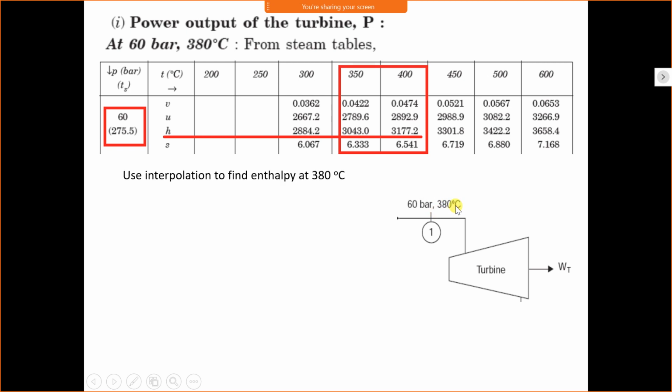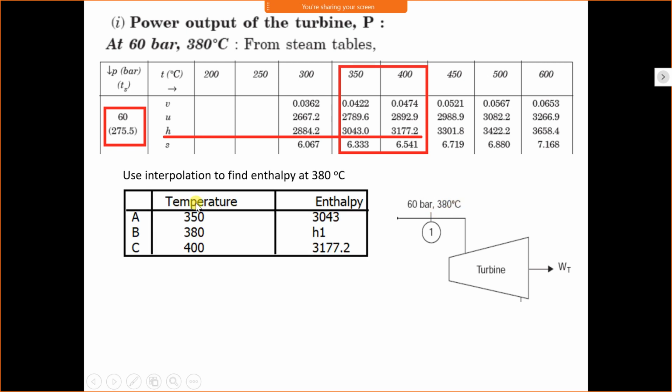Therefore, we have to apply interpolation. Take points A, B, C with temperature and enthalpy. Consider 350 degrees as A, 400 degrees as C,